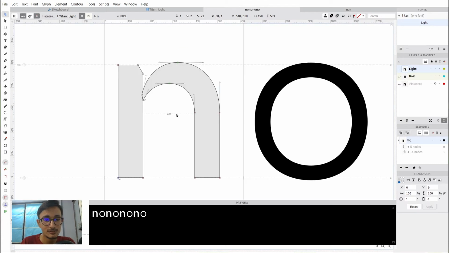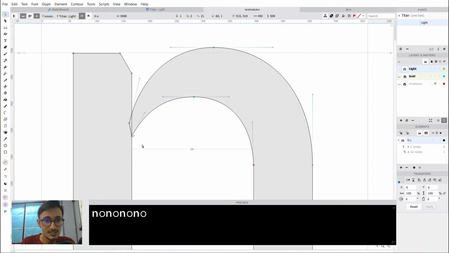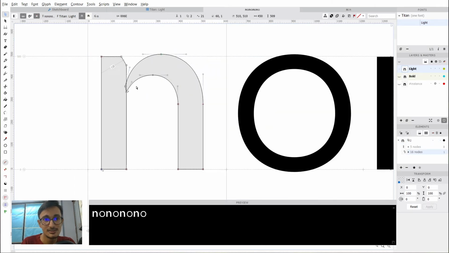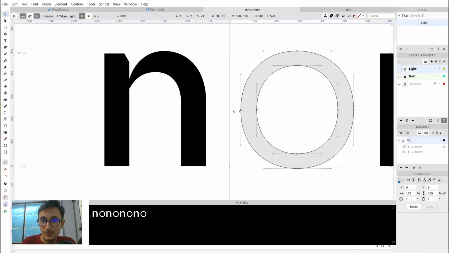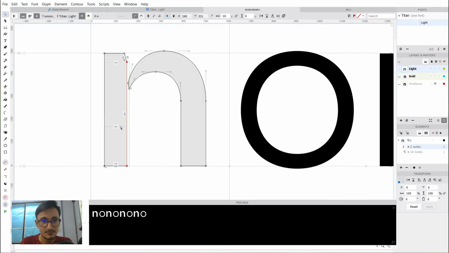But for bigger change, it is not as useful. So for this O, we have horizontal weight of 70, in this 65. So we'll change this to